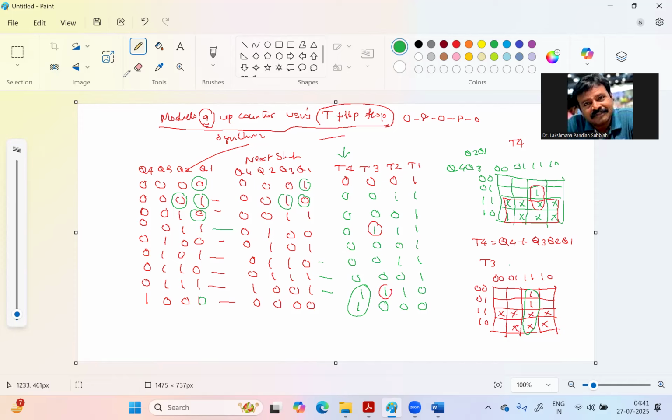So we are having that equation for T3 is Q2, Q1. Right. Next we are having now